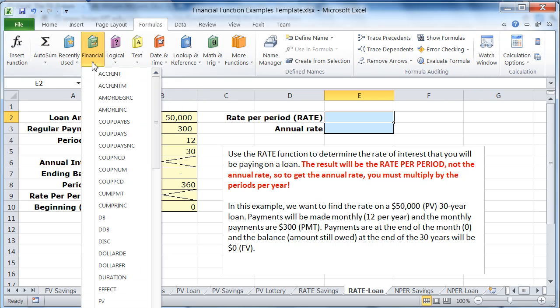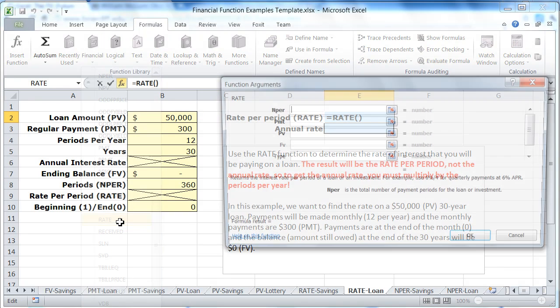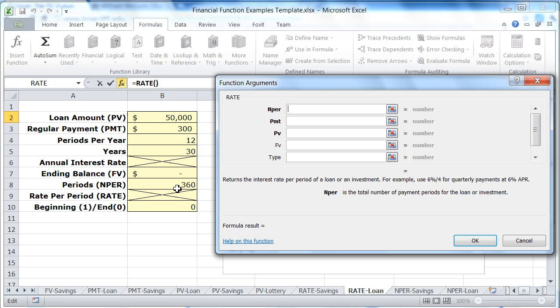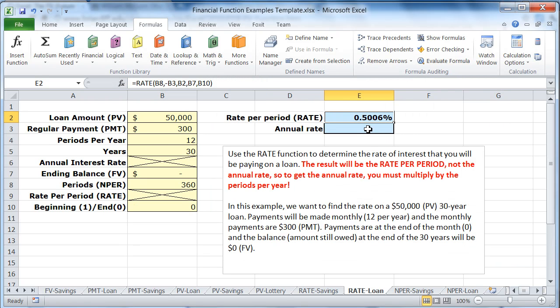So go to our financial book here and scroll down to the R's and rate, and the number of periods is going to be this. The payment is always negative, so the payment is going to be negative 300. The present value in a loan is positive, whereas with savings it's negative. That's basically the only difference in all of these problems. The future value is how much we owe when we're all done, and the type is going to be beginning or end. And click on OK, and it tells us that we need about 0.5%,